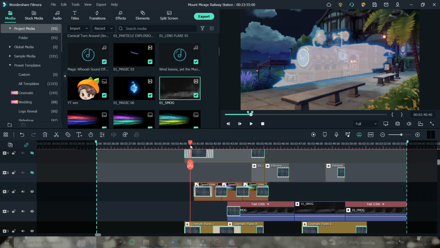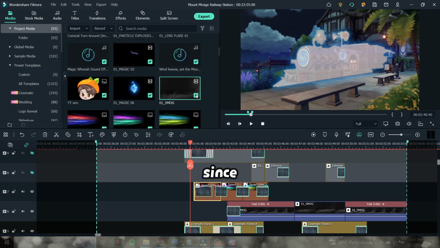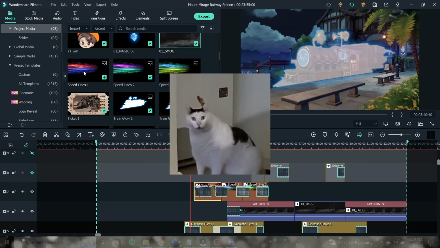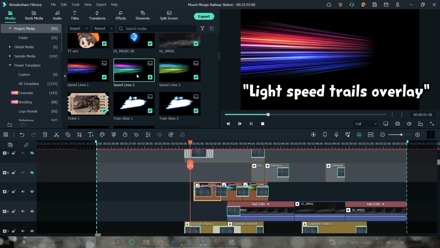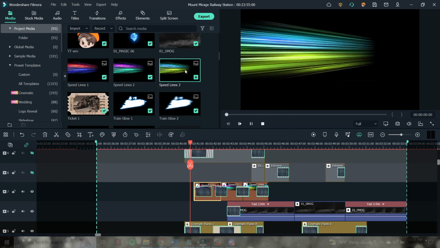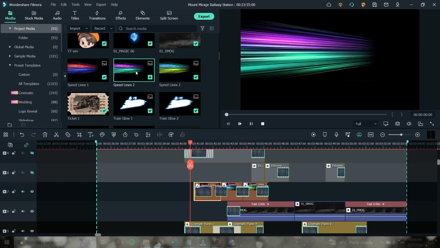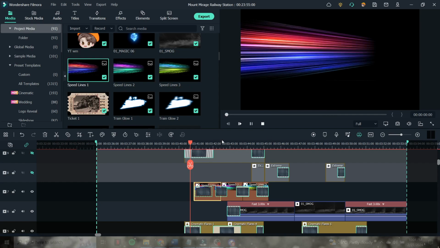Okay, so layer 7 might be one of the important effects for this scene since it highlights the charging speed of the train. These light trails are downloaded from the net, and you can search keywords like light speed trails overlay or something like that, and pretty much you'll see lots of choices. But naturally, these results only have this straight speed direction, so we may want to modify it according to how